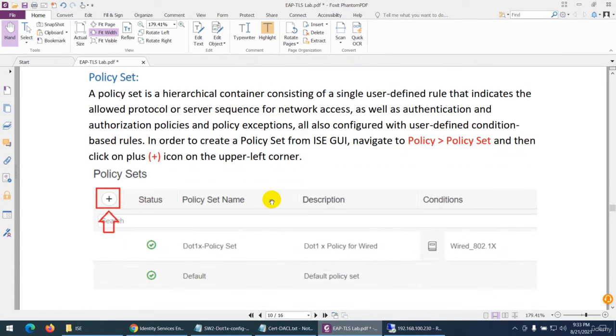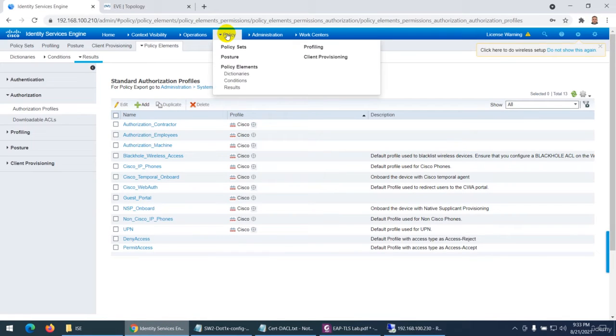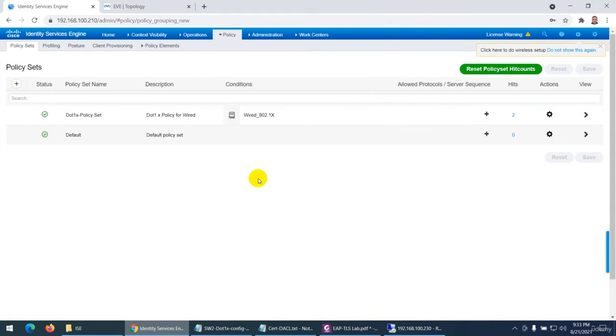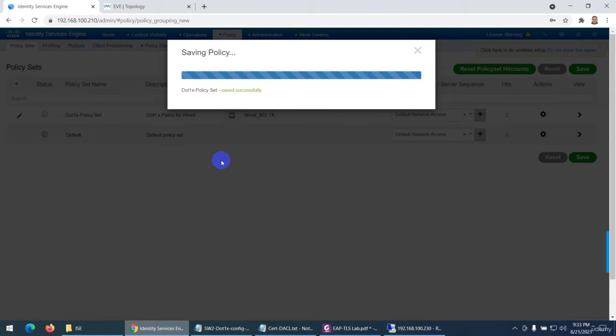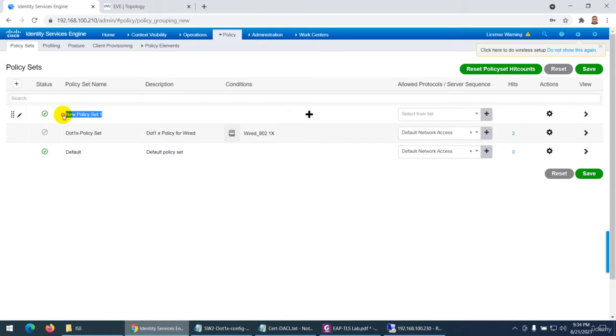This is done. Now we need to create a policy set to attach everything together. So for that purpose I need to go to policy set. Let's create a new one. Let me disable this one so the traffic will not go to it, and save the setting. This one we created for .1x, you remember previously. So let's click on this plus and give it a name,